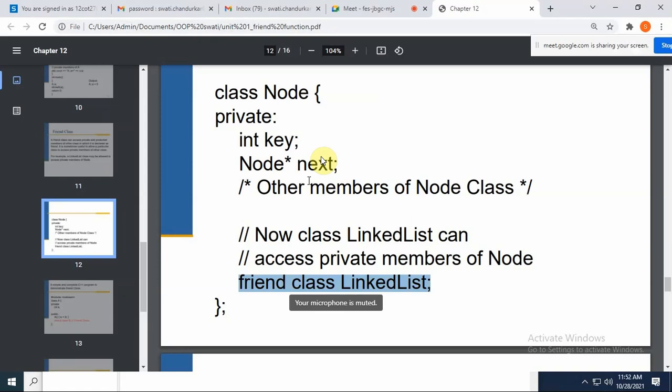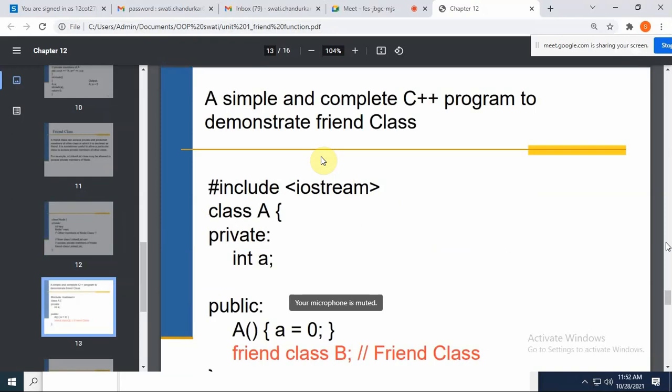Did you understand the definition? All of you understood the definition? Yes, ma'am. Okay. So I will just show you with the help of Eclipse. It will be more clear. Fine. Before that, I'll just show you this example.